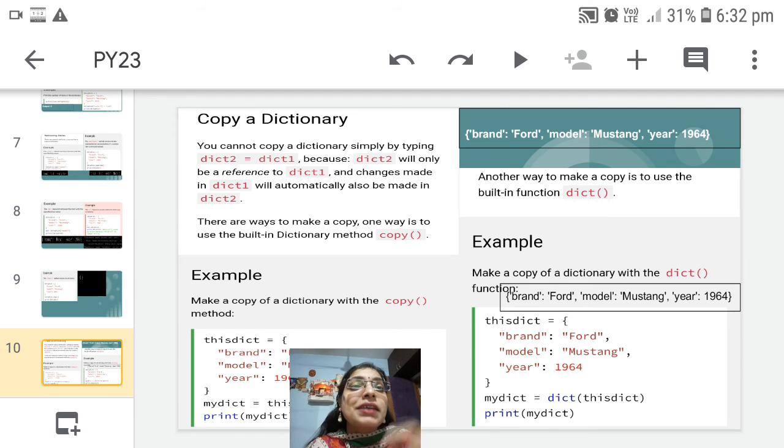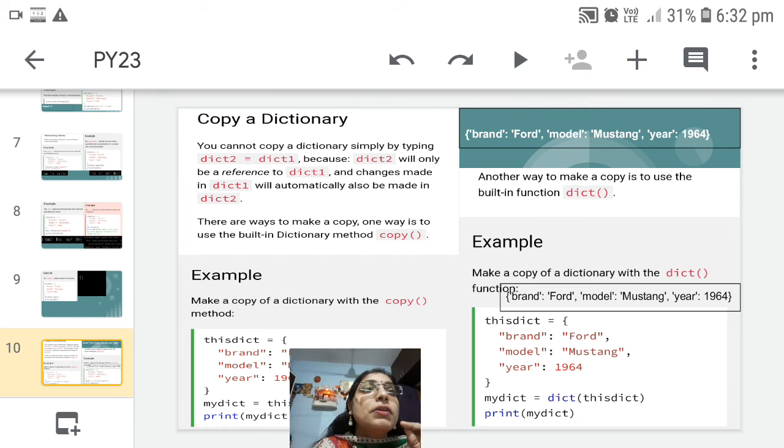So what will we write? my dict equal to this dict dot copy method. By writing this statement, this dict dictionary's items will be copied inside my dict. Then we have printed my dict, and you will be able to see all the items which are present inside this dict, meaning the items are copied successfully.